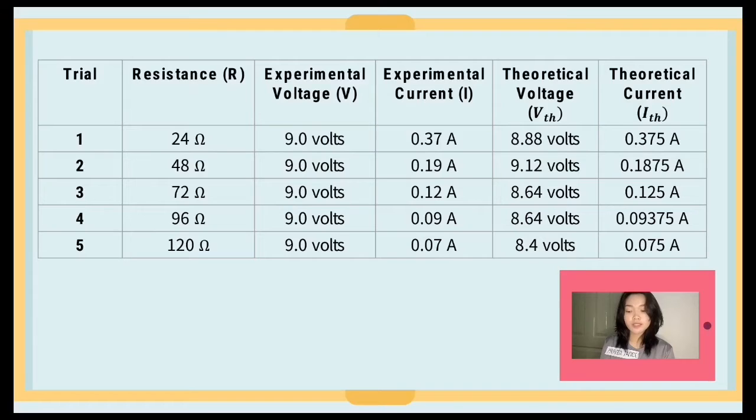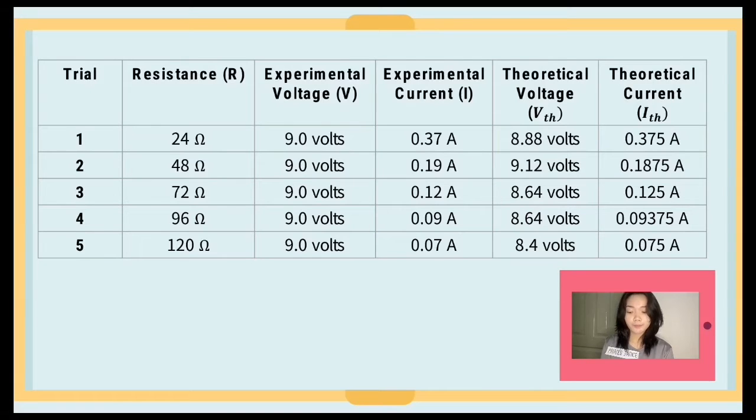Second trial, resistance is 48 ohm, experimental voltage is 9.0 volts, experimental current is 0.19 ampere, theoretical voltage is 9.12 volts, and the theoretical current is 0.1875 ampere. Third trial, resistance is 72 ohm, experimental voltage is 9.0 volts, experimental current is 0.12 ampere, theoretical voltage is 8.64 volts, and the theoretical current is